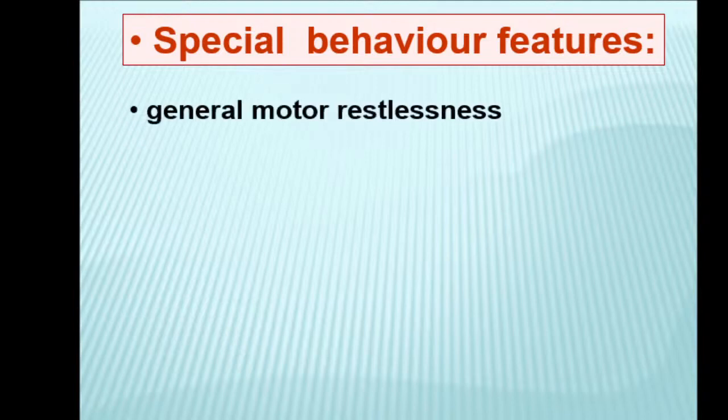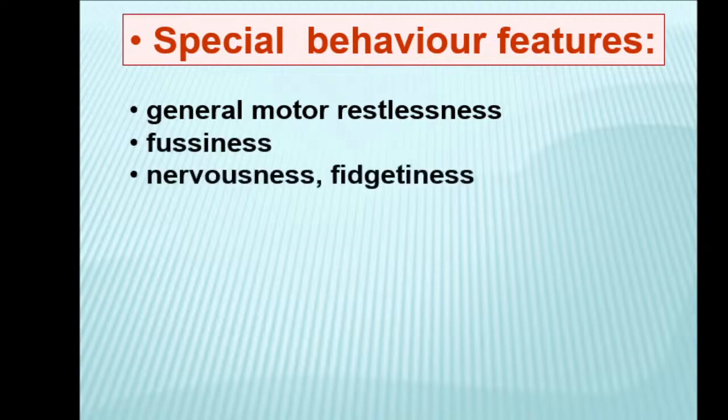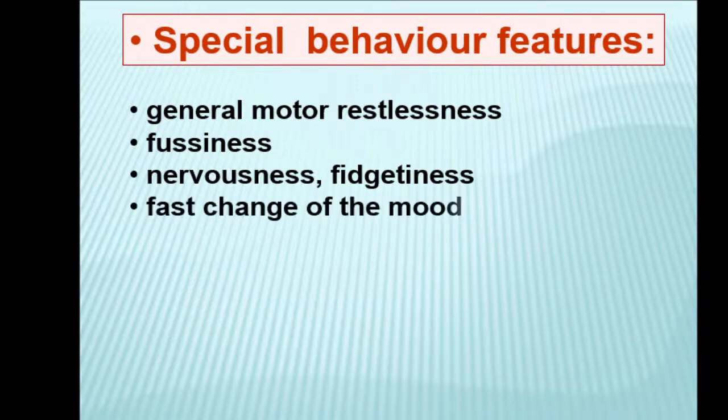Now let's see the first symptoms when the patient only comes into the doctor's room. We can see that the patient has motor restlessness. Usually a patient comes in, sits down and talks about his problem. This patient very fast comes in, sits down, stands up, can go around your table, around you, then again sits down. Non-adequate restlessness, fussiness. The patient cannot control his emotions. Nervousness, fidgetiness. His mood changes very fast.